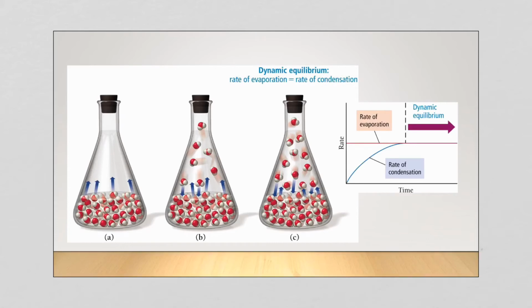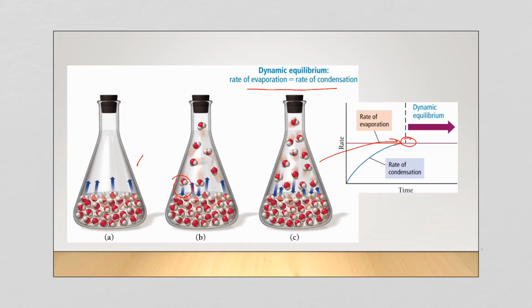So here's the same information sort of in a pictorial way, right? So we start out with only evaporation occurring. We build up some vapor, and now we start getting condensation occurring here. And eventually we get equal and we reach dynamic equilibrium. So at this point forward, right? So once you've reached this point here, right, which is what we have here,